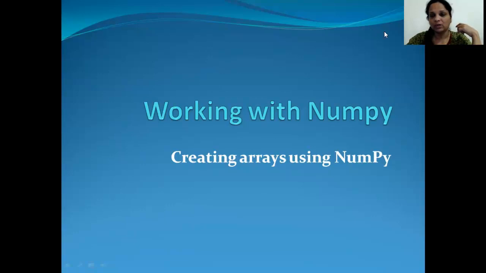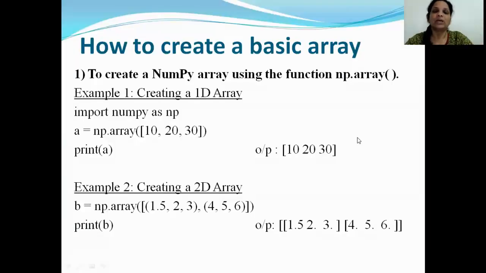The first method of creating a NumPy array is by using a function named array. Now this function belongs to the module called NumPy. So the first thing you need to do is import that module into your program. You may see those lines on my screen here. This is the line of importing NumPy into my program. Now, as np, I already explained, np is another name for NumPy.